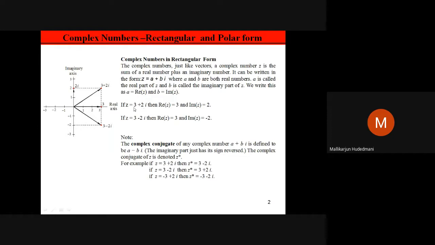You may ask me, suppose the real term is 0, how does it get located? Absolutely right. If 3 is not at all there, only plus 2i is there, how do I do it? 0 is at the origin, 2i is at the upper side. So this stands vertically up. That's all. Then if it is only 0 minus 2i, then 3 is not there. It will be vertically facing downward. So it may happen that i is not there. Then it will be horizontal at 3.